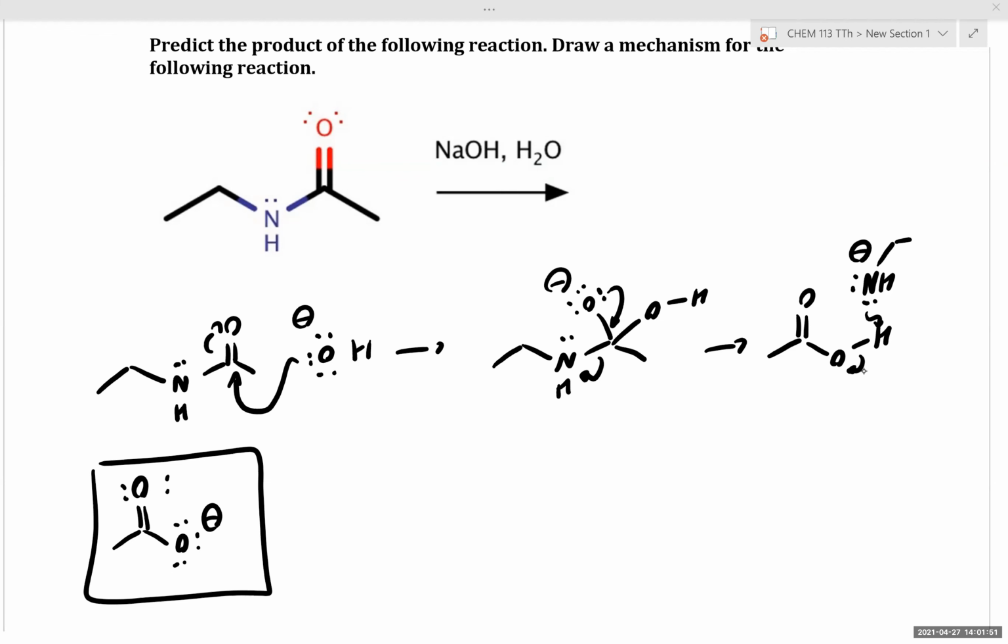Water is not sufficiently acidic to protonate the salt. Just thinking about pKa, the pKa of water compared to the pKa of a carboxylic acid, the carboxylic acid is way more acidic. Does that make sense? It's just there as a solvent